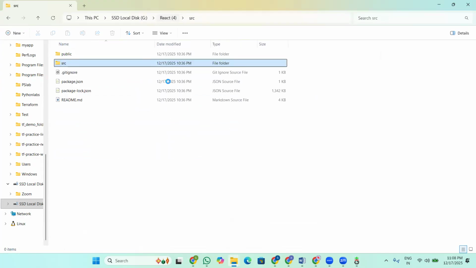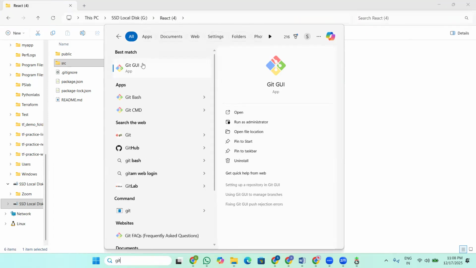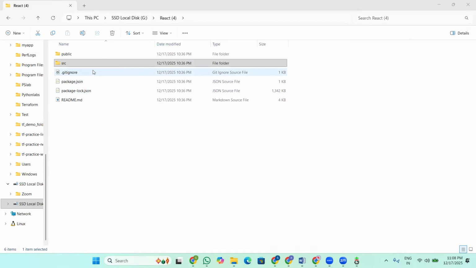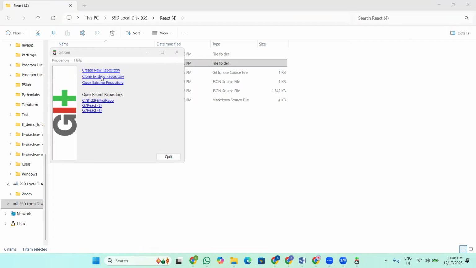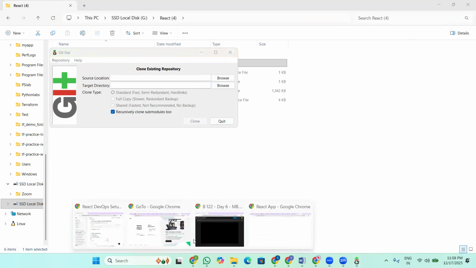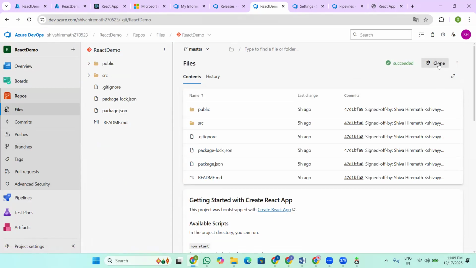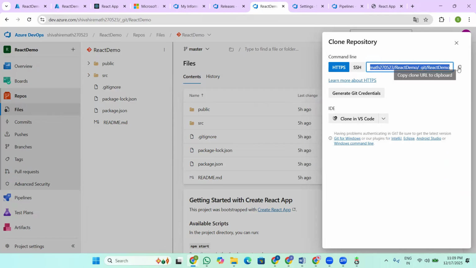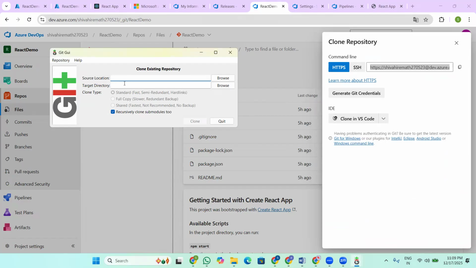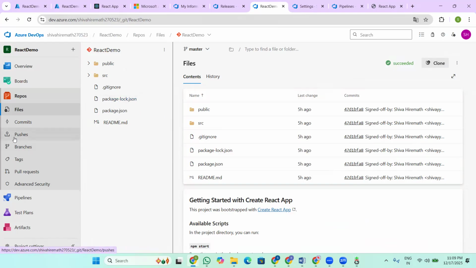Okay, what I did, I went to the Git GUI. Then I chose clone existing repo and selected it. Then I pushed from here to this Azure Repos. I went to clone, then I selected this URL and gave it there in the GUI. When I clicked on push, I gave it here. After the code came here, then I went to the